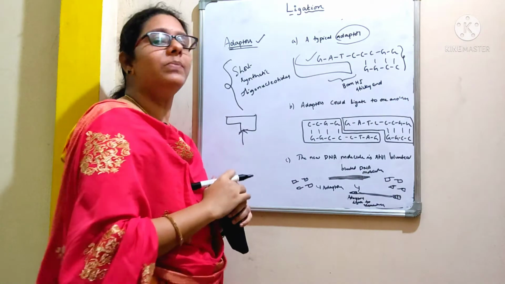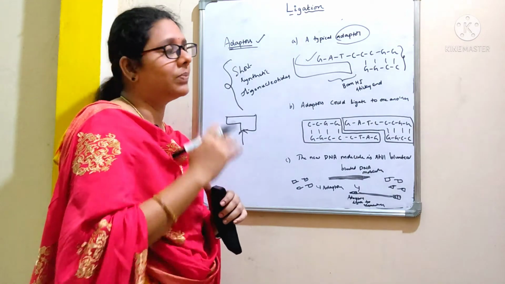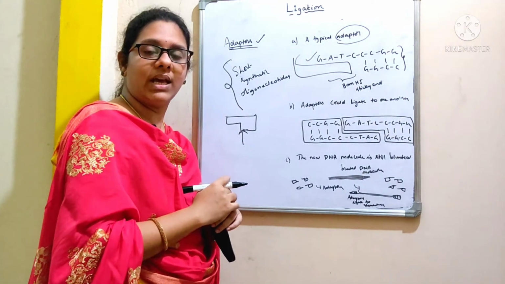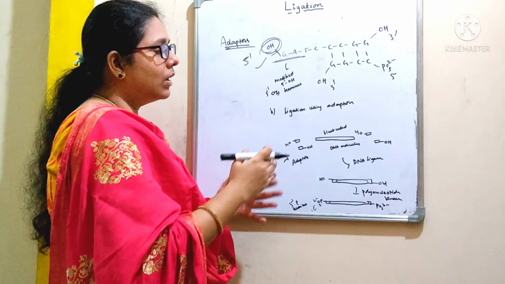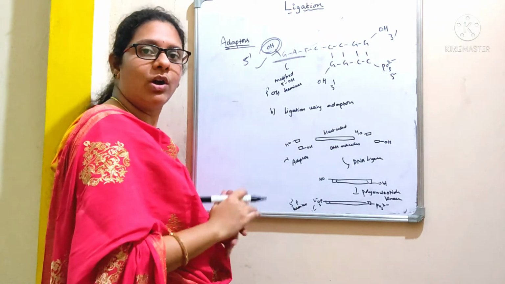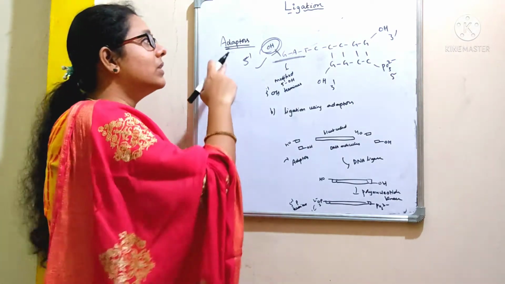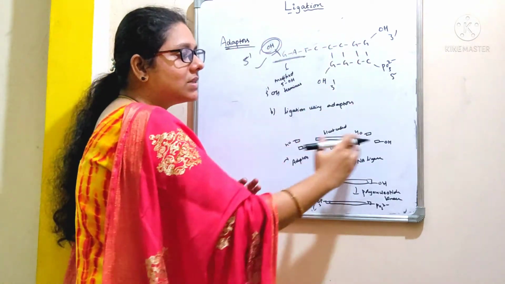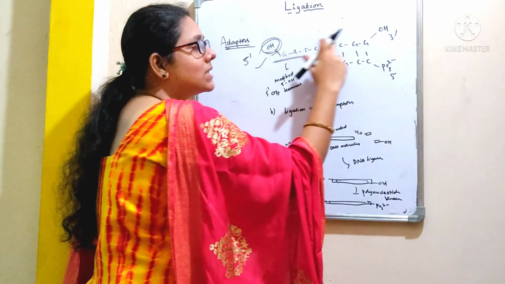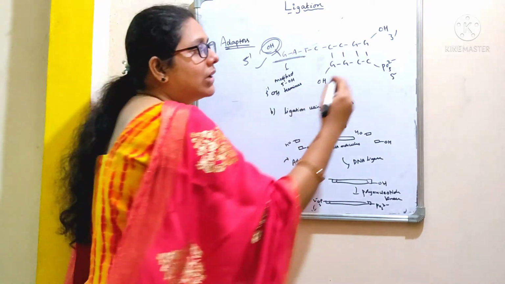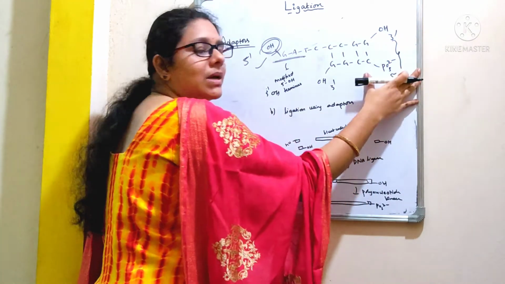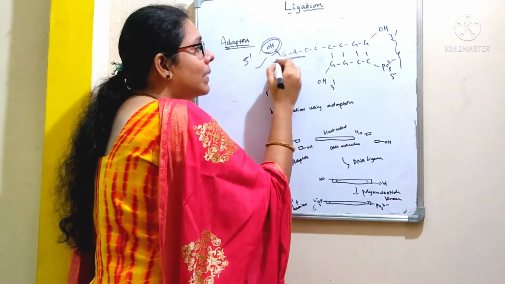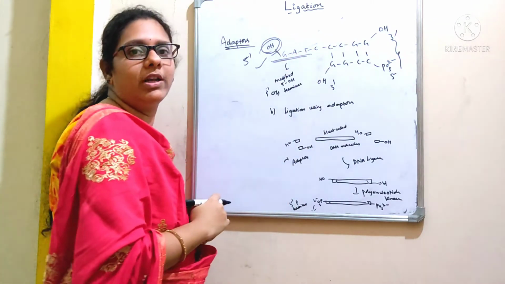To overcome this problem, we have a solution. Let us discuss that solution again with a diagrammatic representation. Look at the picture carefully. As we already discussed the problem with the use of adapters, here there is a solution. So this is the structure of an adapter. It will have a blunt end same as the natural DNA, but here the sticky end is modified.